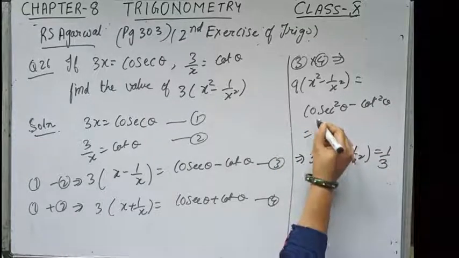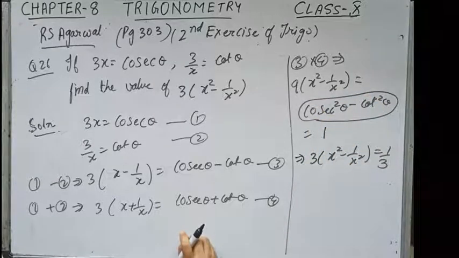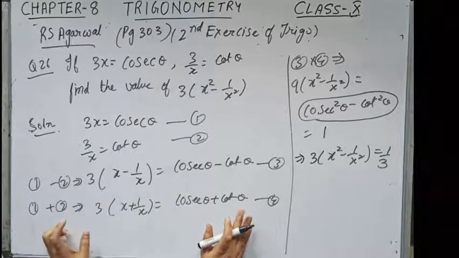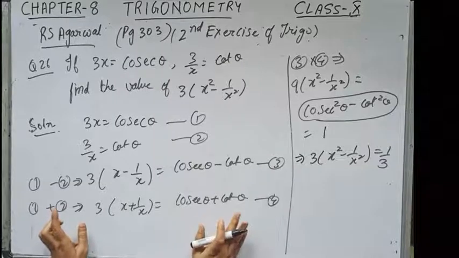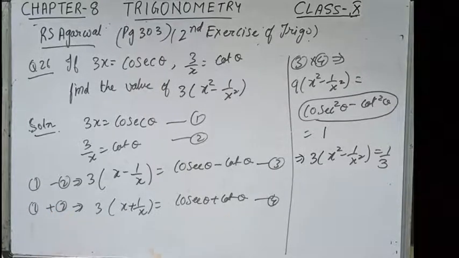Now children, over here one new concept I have used, that is cosec square theta minus cot square theta equals 1. In my next video, after this 8.2, I will be dealing with the theorem on the square relation and the quotient relation rule. So let us proceed on for the same. Thank you children.